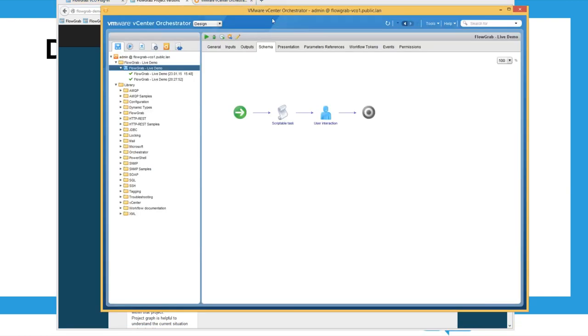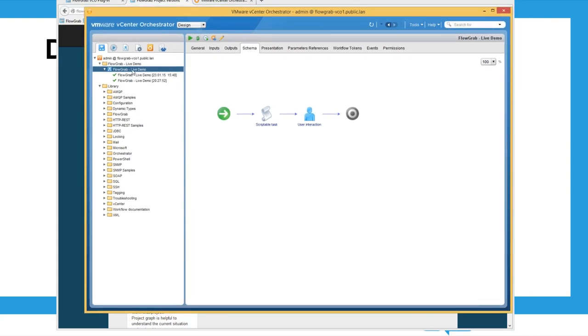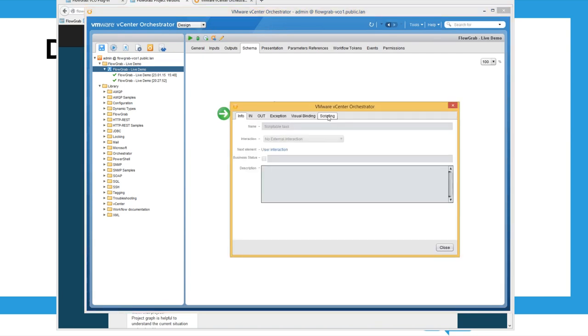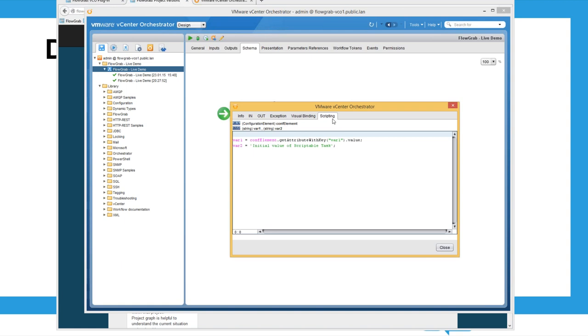So I will open my vRealize client, and the workflow that belongs to that project is very simple. It contains 2 steps: a scriptable task and a user interaction task. The scriptable task basically initiates 2 variables. It takes variable 1 from the configuration item, the one that user A has changed, and the second variable is initialized directly in the script. So variable 1 is taken from the configuration item, and variable 2 has an initial string